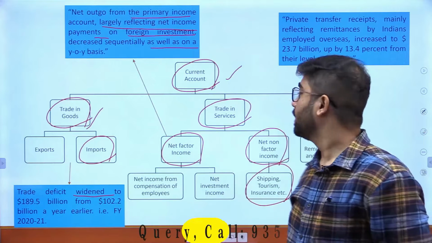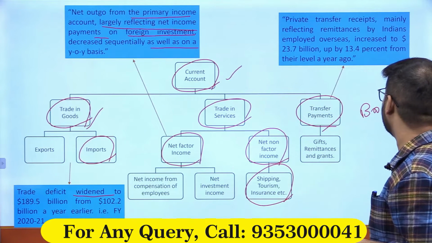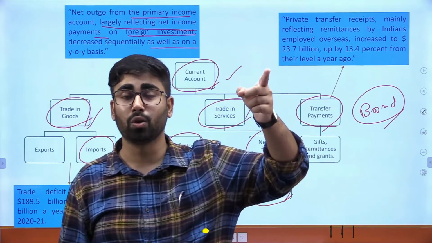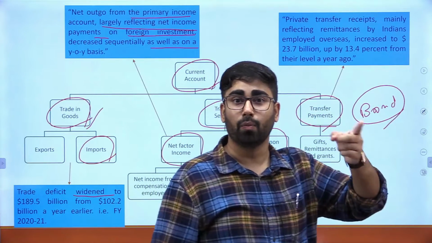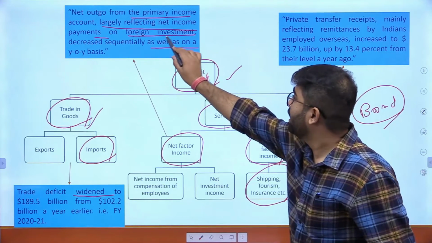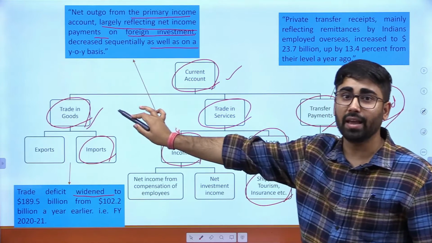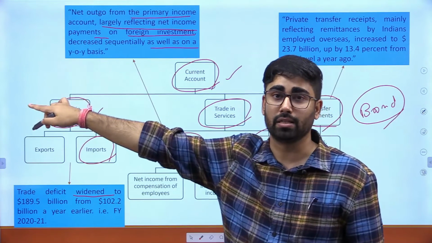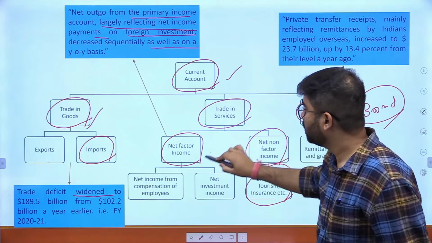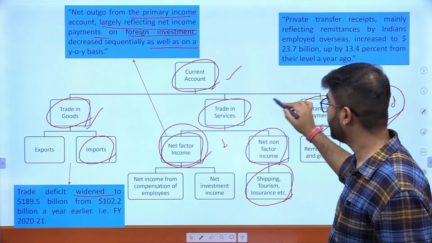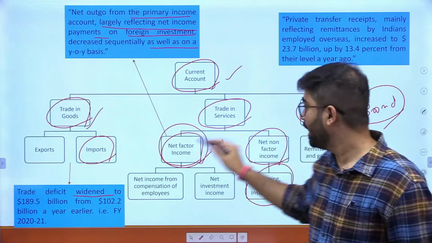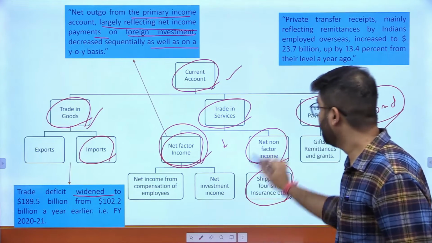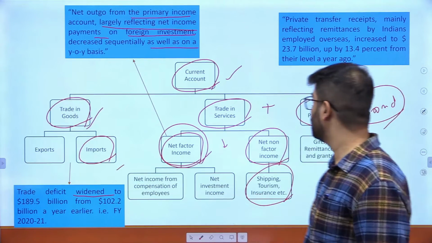ठीक है, मान लो कि किसी बॉन्ड में इन्वेस्ट करता, बॉन्ड में इंटरेस्ट देना पड़ता है, ठीक है। अब जो हम इंटरेस्ट उस बॉन्ड होल्डर को दे रहे हैं अमेरिका में जो बैठा है, ठीक है, वो क्या होगा, फॉरेन इन्वेस्टमेंट, पेमेंट्स ऑन फॉरेन इन्वेस्टमेंट, ठीक है। तो ये होगा पेमेंट्स ऑन फॉरेन इन्वेस्टमेंट जो हम उसे भेज रहे हैं इंटरेस्ट बाहर। एनीवे ये हिस्सा कम हुआ है, ठीक है, नेट फैक्टर इनकम जो हम बाहर भेज रहे हैं, तो ये हमारे लिए अच्छी चीज है, पॉजिटिव चीज है ये, ठीक है।